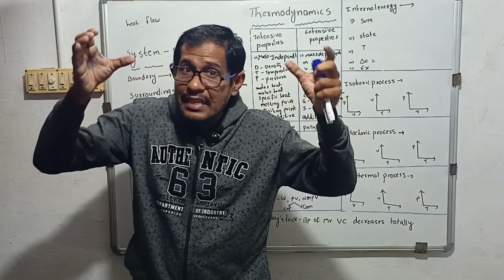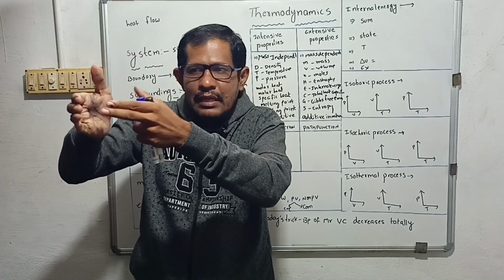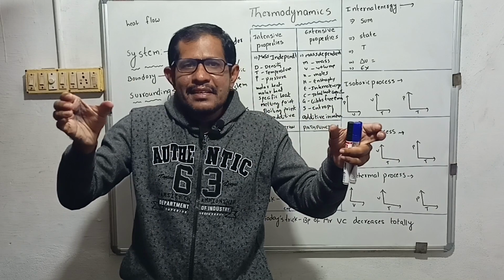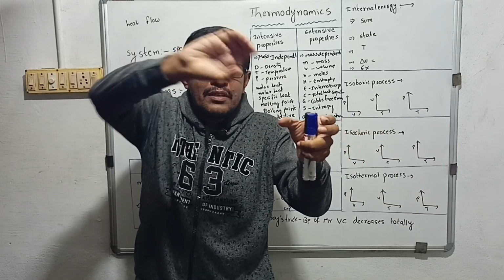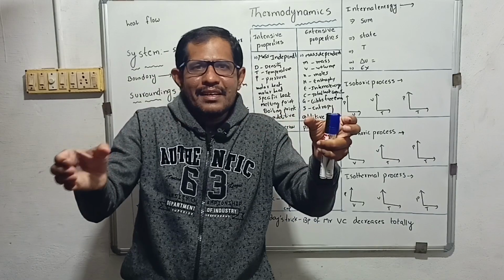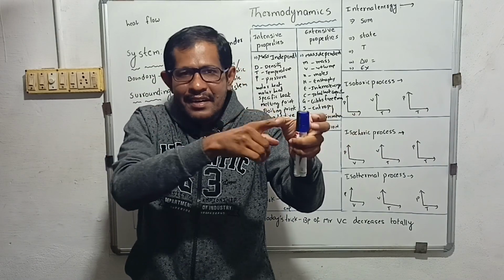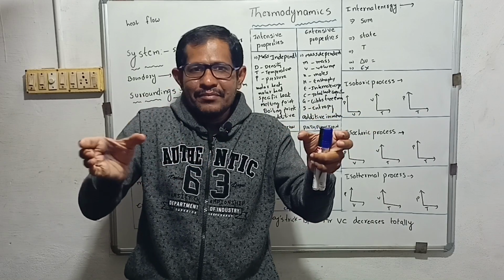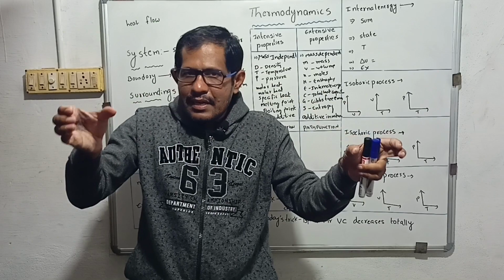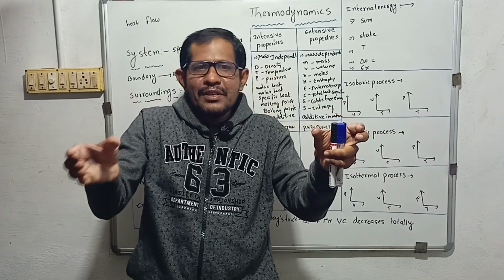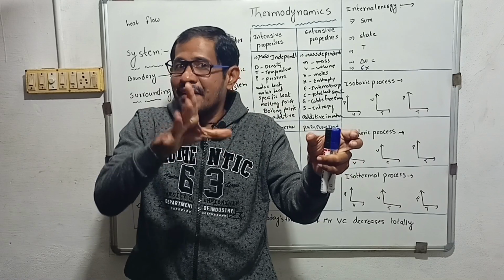Suppose, in the same condition, observe carefully, this water temperature is 100 degrees centigrade. I transferred half of the water to another glass. What is the temperature of the water in this glass? 100 only, right? It won't become 50. Got the point? I have a glass with water at 100 degrees centigrade. I have transferred it to another glass. Now the water in this glass is also 100 only.